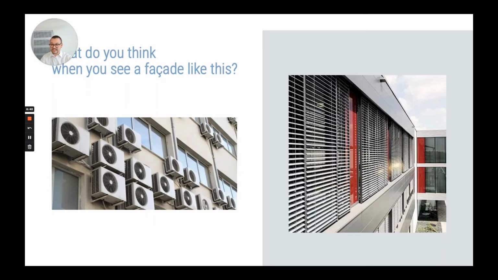So, as starters, what do you think if you see a facade like this? Feel free to write in the chat. To me, the facade on the left side is something I do not like to see because most times the facade is actually very beautiful and architects think a lot about how to design this facade, so it can get ruined with too many ACs on the outside. But there's an alternative to at least reduce the ACs, and that is what you see on the right side. It's basically automatic shading control, and that is the main topic for today.